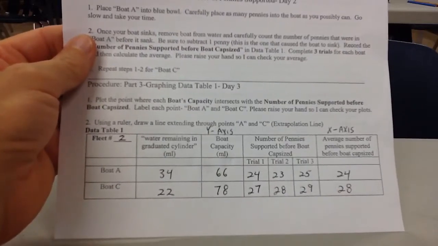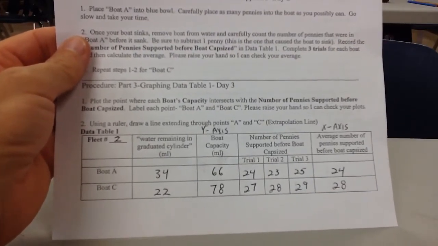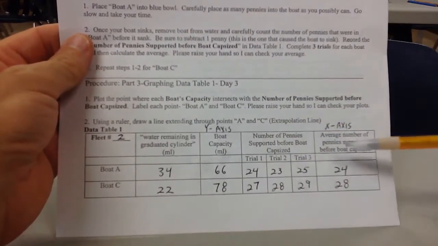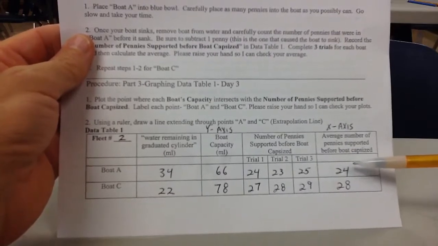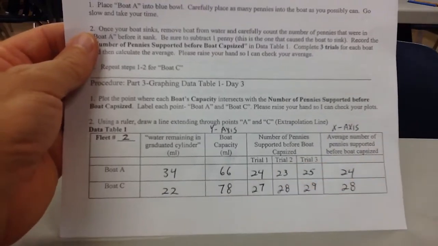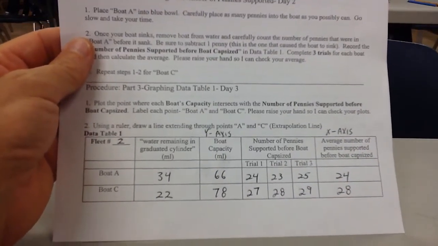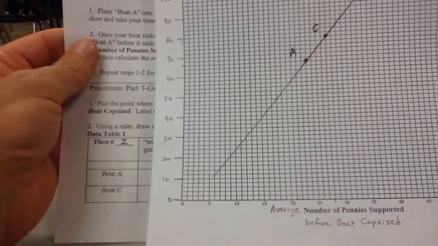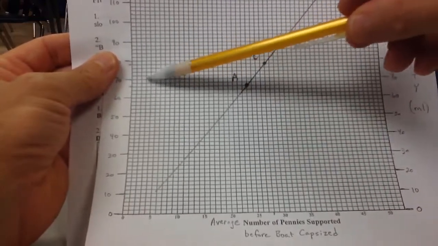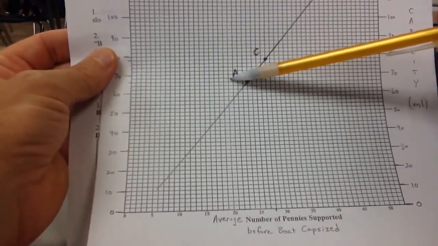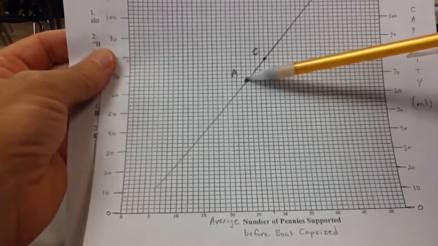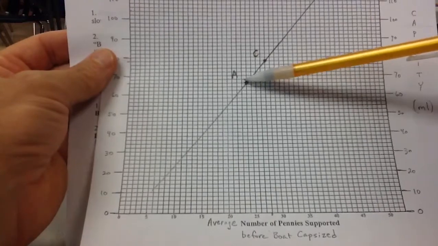At the conclusion of yesterday, we had this data table filled in, and we'd used boat capacity along the y-axis and the average number of pennies supported for the x-axis, and we took these two numbers, 24 and 66. This is boat A, and when we did this, if you recall, we went 66 and then over to 24, and we made the plot for boat A,